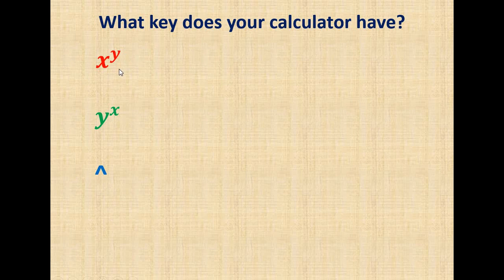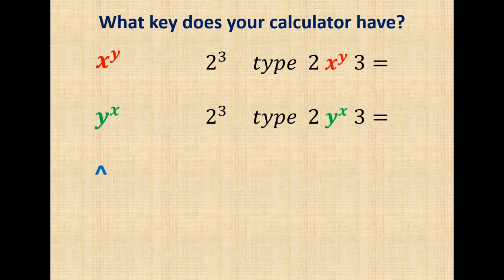Now the question is, what key does your calculator have? The truth is, all three of these do exactly the same thing. They do exactly the same thing. So if I have 2 to the third, and this is the key I have on my calculator, I'm going to type in 2, x to the y, 3 equals, boom, I'm going to get my answer. If I have that same 2 to the third, and this is my key, I'm going to type in 2, y to the x, 3 equals, ding, got my answer. And again, same deal. If this is your key, I'm going to type in 2, caret, 3 equals,